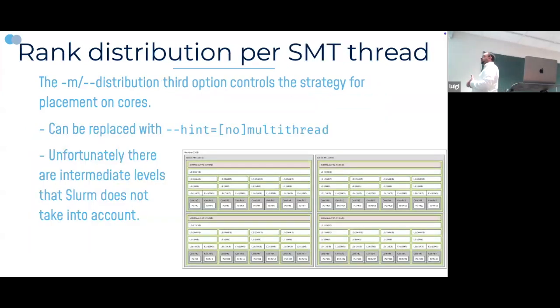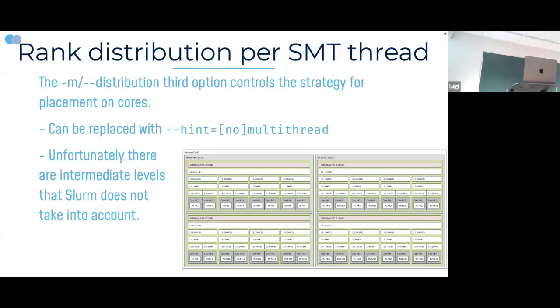And the third option to distribution is about the CPU threads, the core threads. If you remember the first Slurm session that talked about threads and hardware threads, basically each CPU on the cluster can run 2 programs at the same time. Let's make it like this. And sometimes it can be beneficial for your program, sometimes it can be harmful. If you are not the writer of the program, you need to test which situation is best for you. And you do that in Slurm with the third option of distribution,